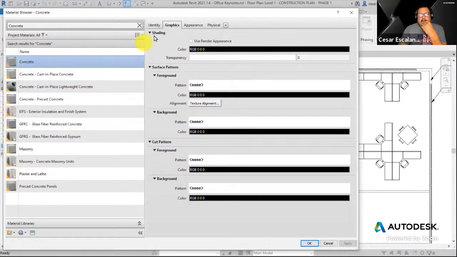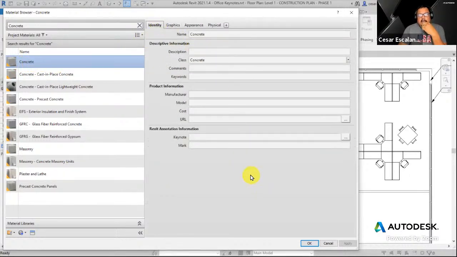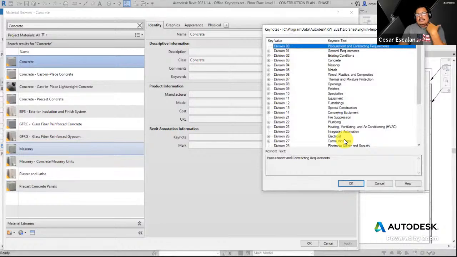So the concrete material under the identity data has a keynote value and it has a mark value. So the keynote can report either. When you open a material keynote, you can make the material report the keynote, the material mark, or the material keynote. In fact, if you hit these three little buttons, it's going to open exactly the same